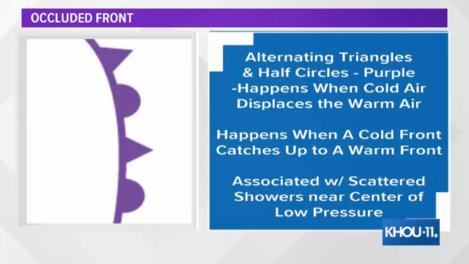Another front to talk about, that's an occluded front, and that is a purple line on the map with alternating triangles and half circles, and it happens when cold air displaces the warm air. So say you have a warm, muggy day like you do have today, and the cold air is rushing on in. Well, as that cold front, since a cold front moves faster than a warm front, once it catches up to that warm front, now we are dealing with the same type of front on both sides of that front, and now we are talking about that warm front coming on in, and it's associated with scattered showers as well